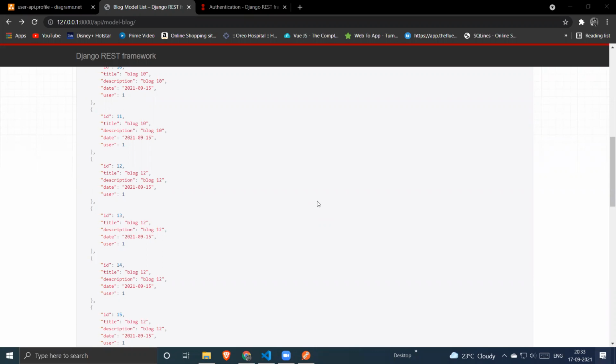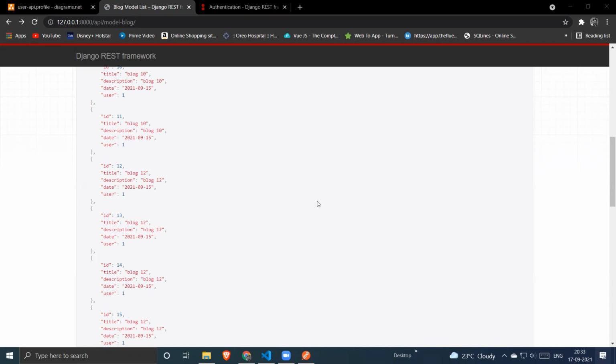Okay, this is something which needs full control over the API. Am I right? Because you want to perform an if condition: if the requested or authenticated or logged in user is the same user who created the object, then only give him or her authority to update or delete the object. So we can use the model view sets also, but there is a difference in the if conditions.